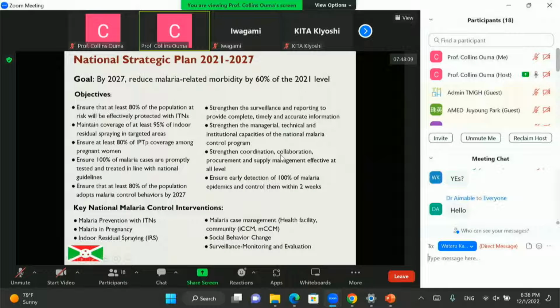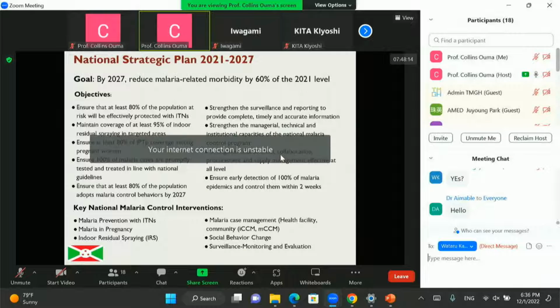In our national strategic plan, which will end in 2027,